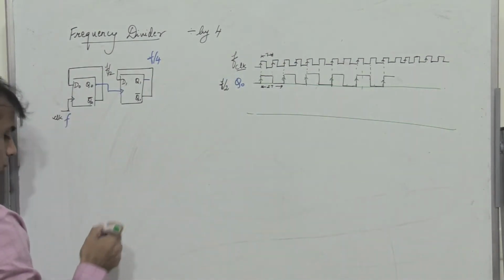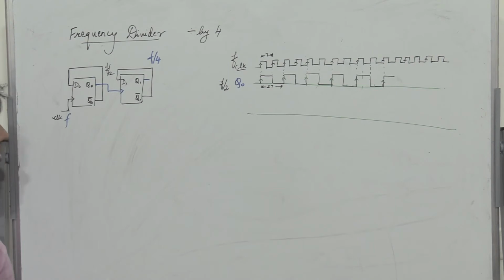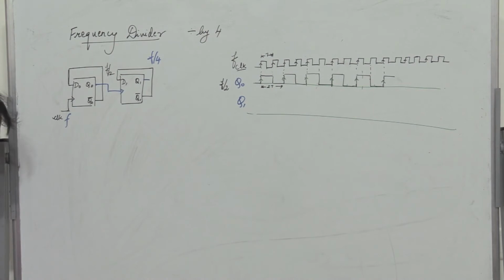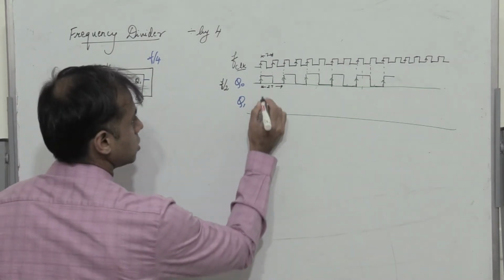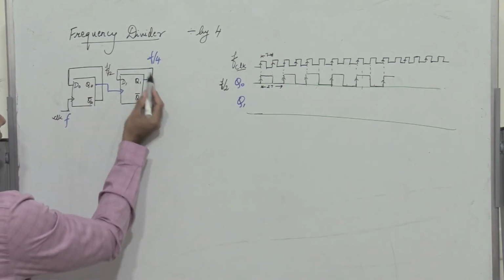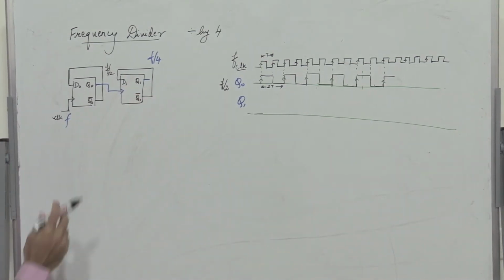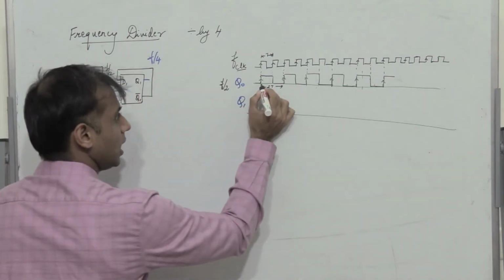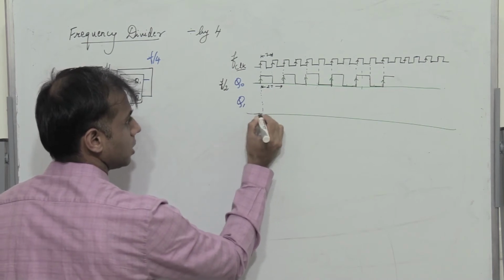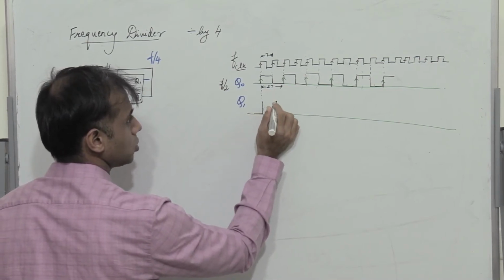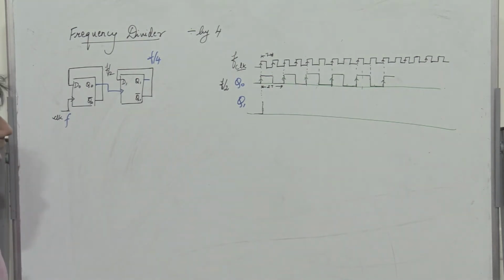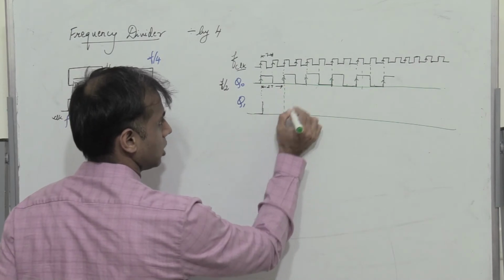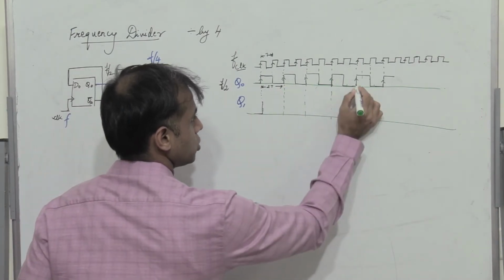So initially we assume that the state of Q1 is 0. So Q1 is 0 initially. So when Q1 is 0, I have Q1 bar which is connected to D1. Okay, so therefore Q1 bar is 1, so I have a 1 here. So when I have the positive edge of Q0, Q1 changes from 0 to 1. And it remains high till the next rising edge of Q0. So I have the next rising edge of Q0 coming in here. So these are all the rising edges of Q0.